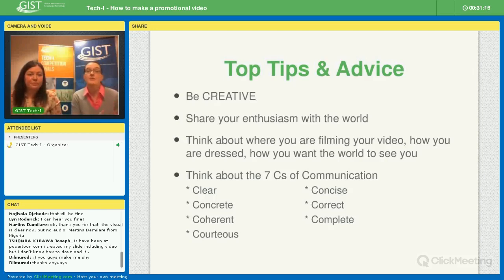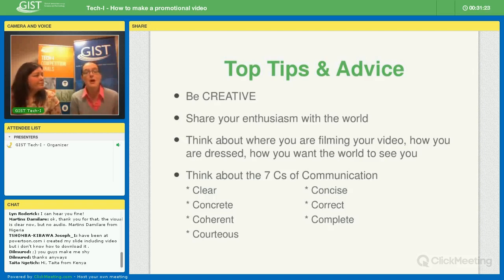Dilmarod's a perfect example of how we really worked with him during the application phase all the way through the final, and he's now actually a massive success. So it really is one of those that we really do want to be a success for you. But also, this is easy for us. This is obviously part of the GIST initiative. This is something else that we're passionate about.